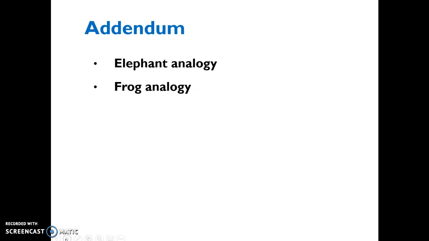I have two analogies for you, an elephant analogy and a frog analogy. So let's start with the elephant analogy. So picture an elephant. They weigh about 1 ton or 2,200 US pounds. So picture the elephant and try to come up with a hypothesis about how many elephants worth of CO2 we put into the atmosphere every year. So maybe you think we put 1 million elephants up in the air of CO2? That's way low. Maybe you think we put 1 billion elephants worth of weight of CO2 into the atmosphere. Also way low. We put about 38 billion tons, so about 38 billion elephants worth of CO2 into the atmosphere